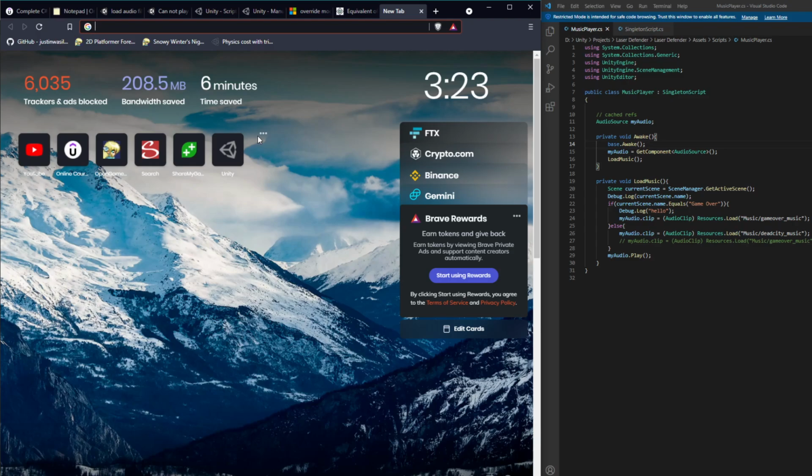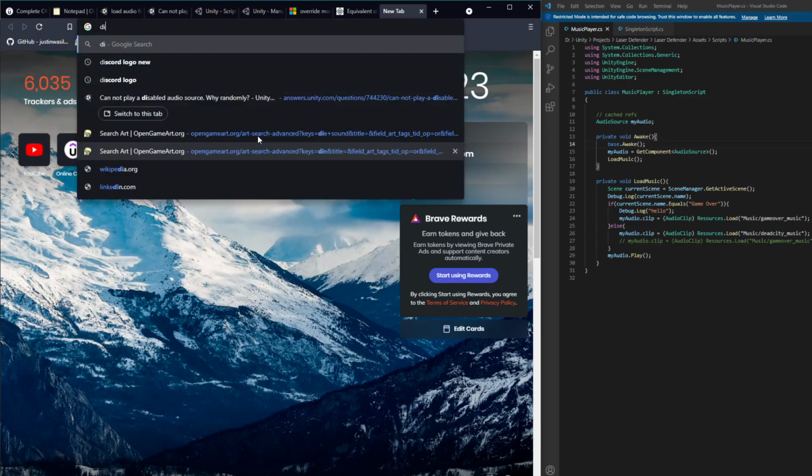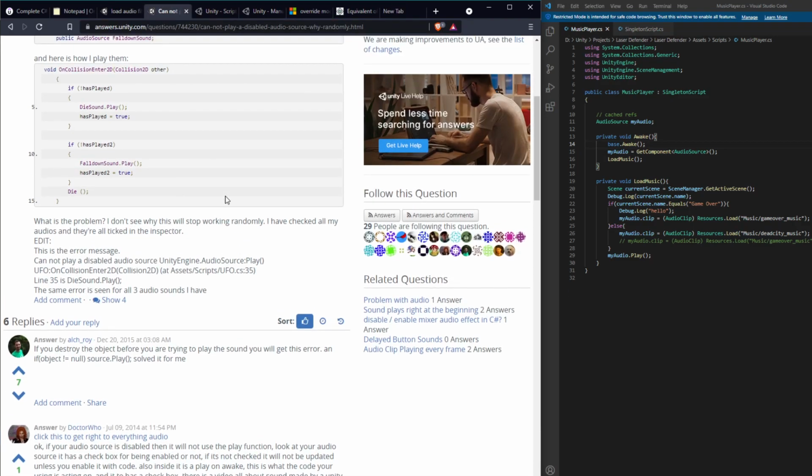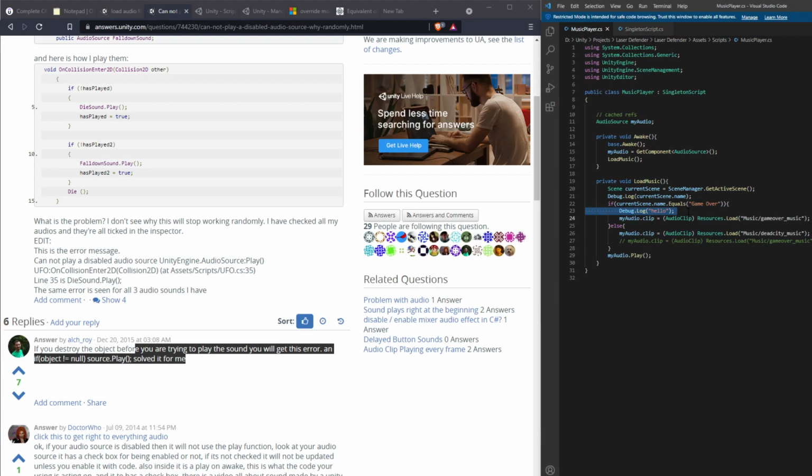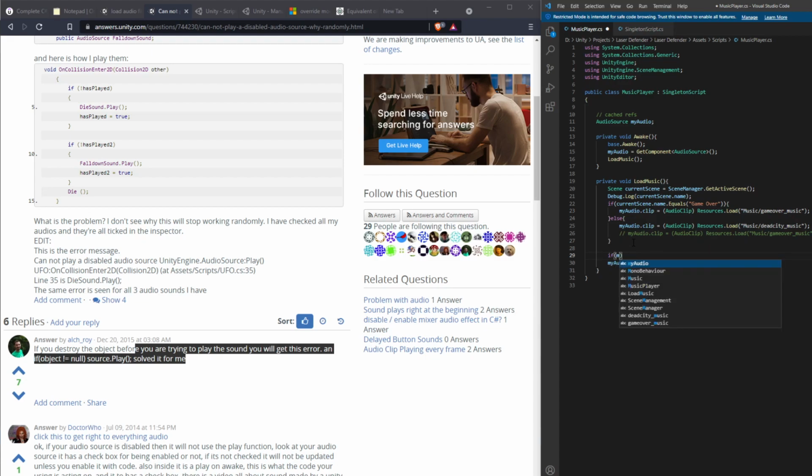But I'm having issues because it says here, if you destroy the object before you try to play the sound, because if I did that, if my audio does not equal null,